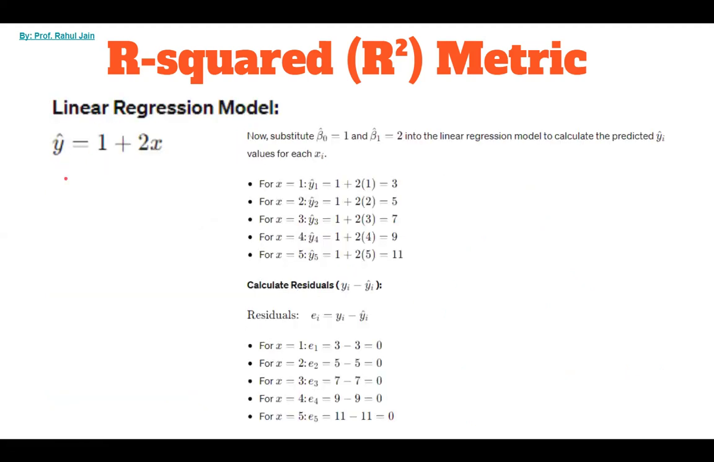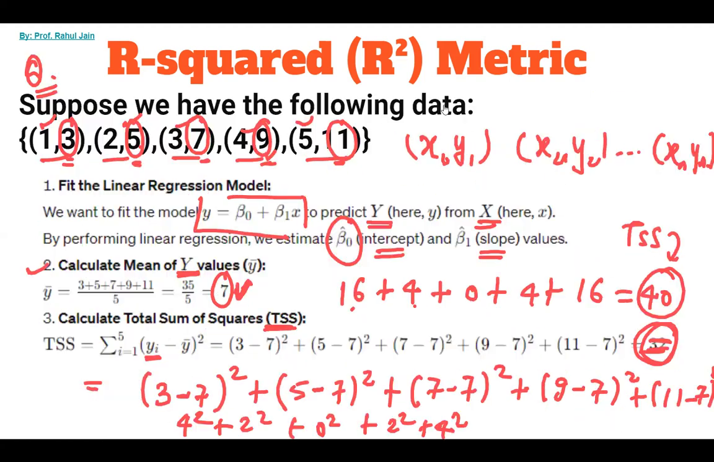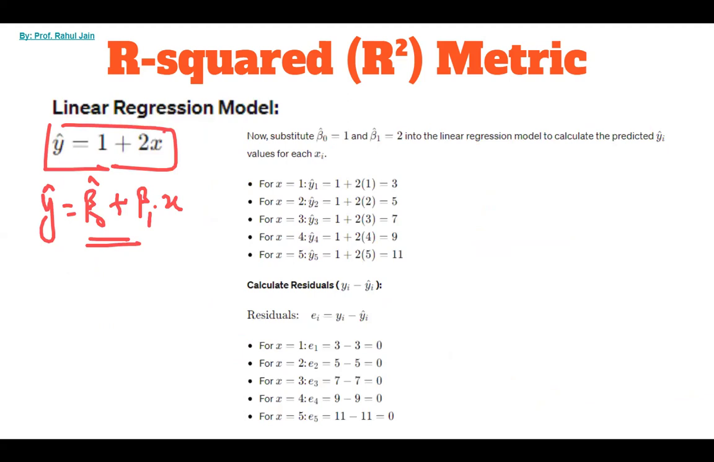Now what we need to do is follow the linear equation. You know that y cap equals beta naught plus beta 1 into x. By following this, we will put in the values of x. The x values are 1, 2, 3, 4, 5. We only need to substitute the value of x here. We are substituting beta naught equal to 1 as we have calculated, and beta 1 equal to 2, already calculated, into the linear regression model, that is this equation,